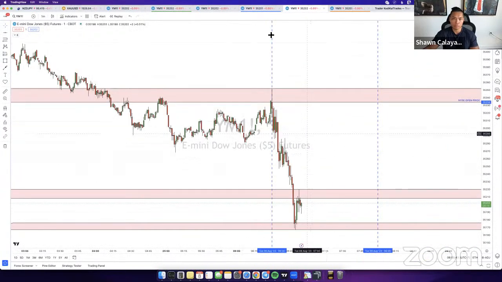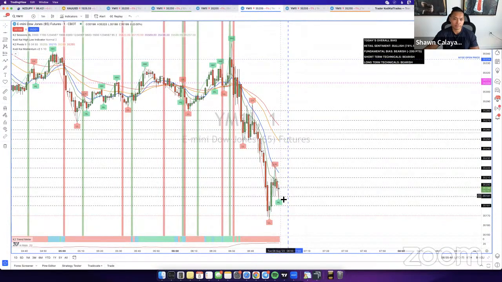Really what we're looking for here is a buy signal. Until we get a buy signal, there's nothing for us to really look at. I'm kind of glad that price is consolidating here and we didn't get a buy signal yet, because we do have news here at 7 o'clock. So I actually want this to consolidate a bit until news happens.